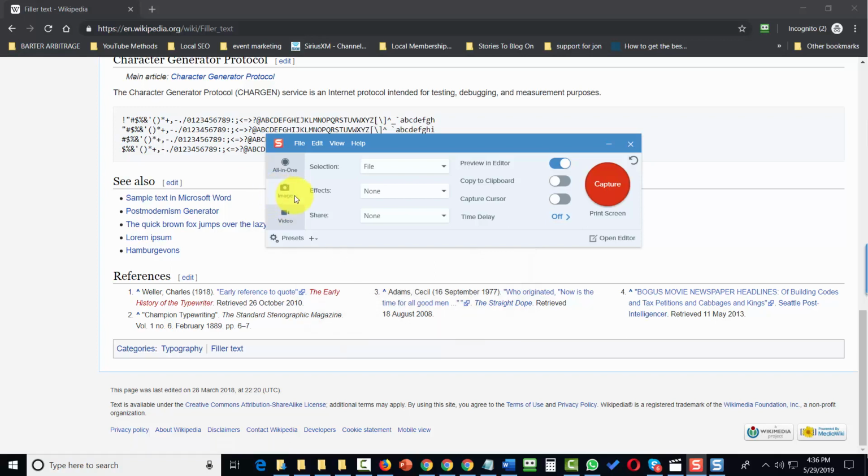Now within the Image tab, you will make a specific selection. Now each selection then can have an effect with it. So for example, we can do the file selection, and then we can capture that file with a specific effect. For example, let's assume that we're going to capture the file, and we're going to do so with